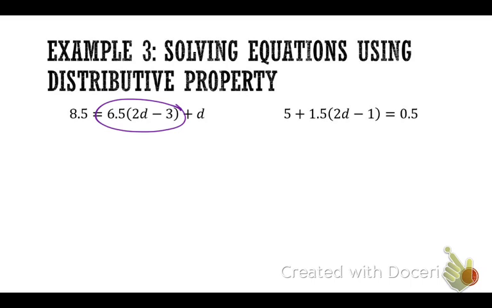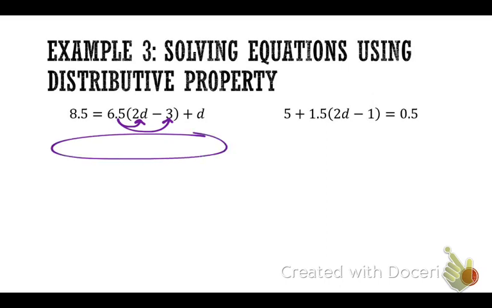All right. So the first thing we need to do here is we need to unpack the distributive property. Okay. So 6.5 times 2, right? We need to distribute 2D. And negative 3. I want you to go ahead and come up with the next step on your equation. If you need to multiply off to the side, you can do that, okay, to find those numbers. Okay, so we bring down the 8.5,